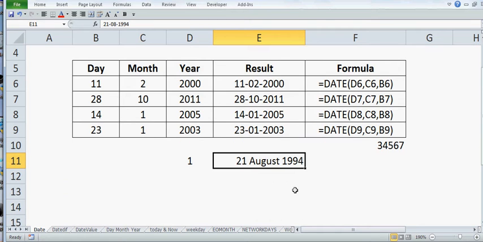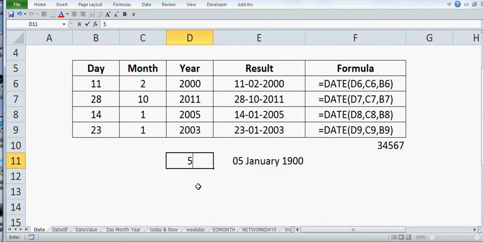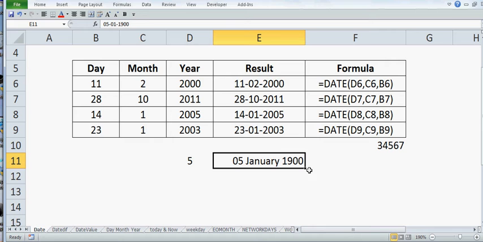Now let's just make it 5. That means if you change the formatting in Excel, this date is stored as number 5. Let's make it number 6 and again change the formatting.